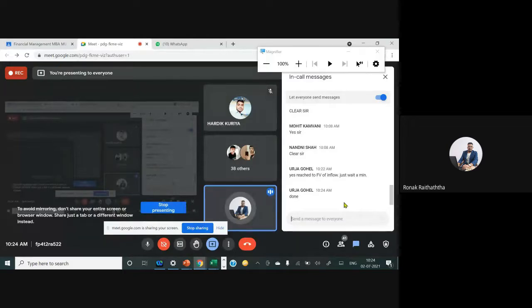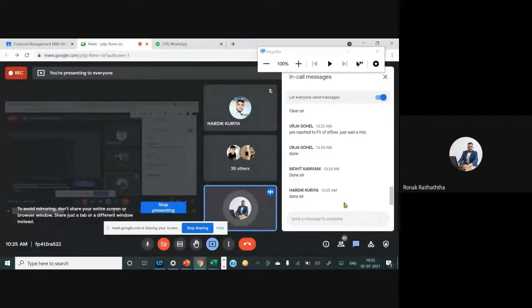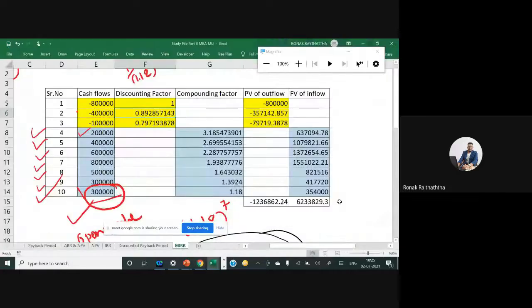Okay, only Urja has done it till now. I'm expecting active interaction from others too. Please put the confirmation once it is done, everyone. Mr. Mohit has done as well. Nice to see. Mr. Hardik too. Very nice. For everyone else, one more minute. Those who have done it, Hardik, Mohit, Urja, you may start with the manual formula now. And when you get stuck, let me know.